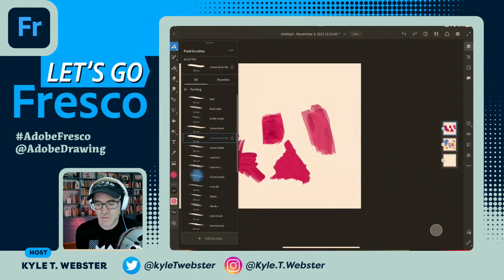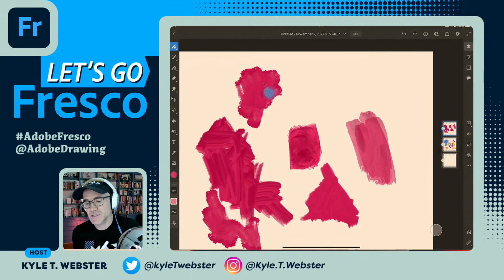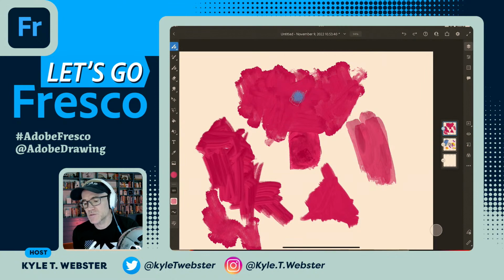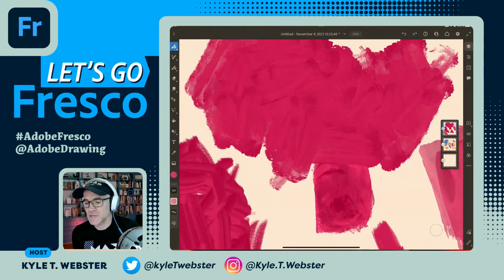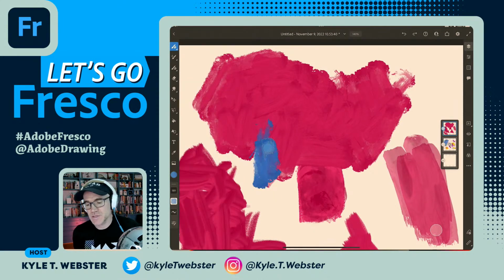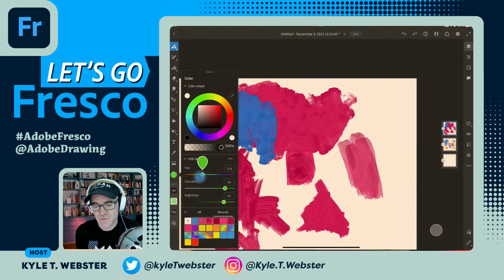You can do it with any of the brushes. Chunky brush is a good one. It already has some nice color dynamics built in and some other cool things, but being able to use it with a multicolor swatch like this is just going to make these brush strokes look really natural, right? See what I mean? Look at all that nice variation I'm getting in there. Then you come into your hue and saturation sliders to adjust your colors rather than using your color wheel. So you just keep those open and do what you want, right? Just always have these ready to go,